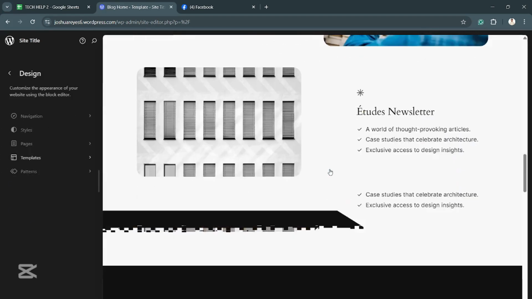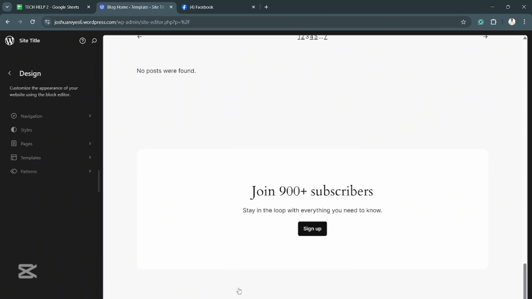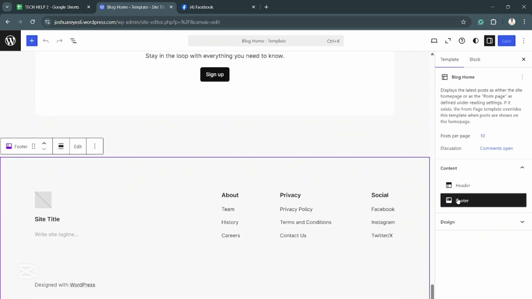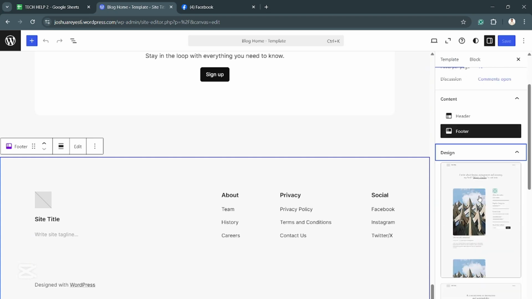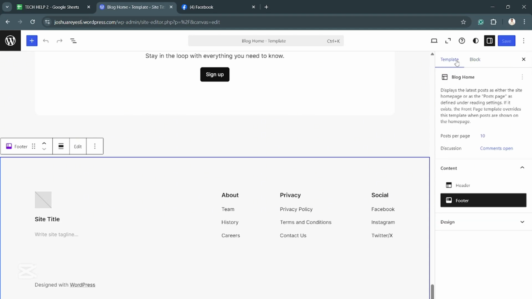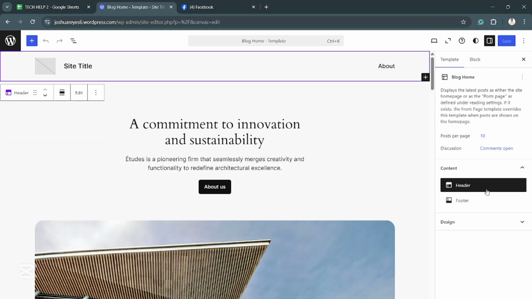If it's not there, what you can do is either click on the header or here on the footer. On the footer, usually for social media sites, it's either located on the header or the footer, so it depends on you. But for now, we're going to stick with footer, and then we want to click on our template right here. Make sure you're on template